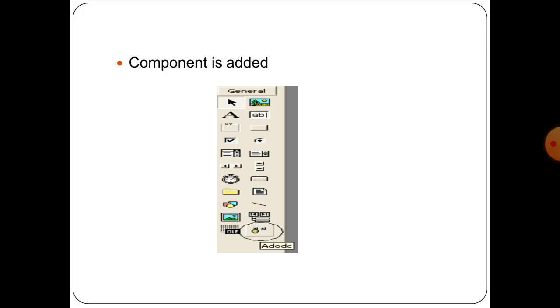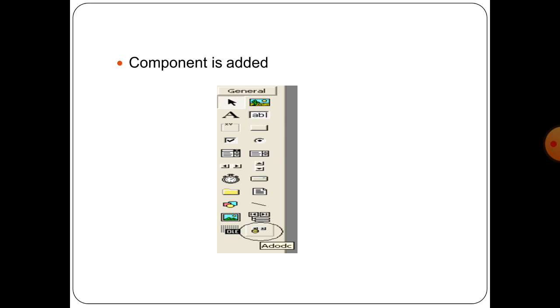See here, we are having ADO DC. That particular component will be added to our toolbox. In the previous classes, I told you whatever controls appear on the toolbox are called intrinsic controls.